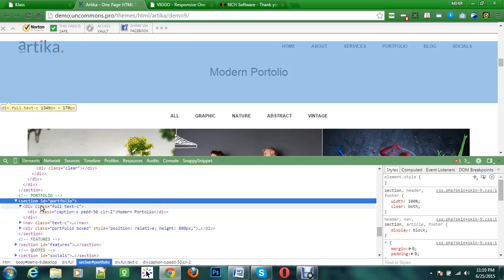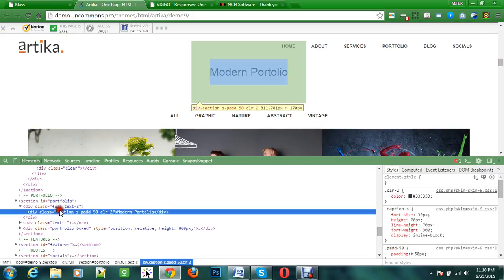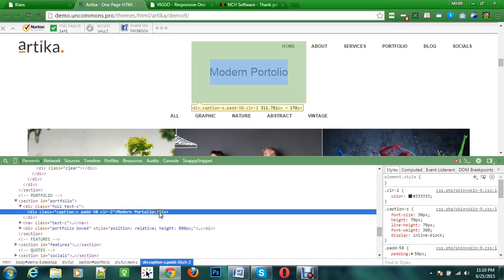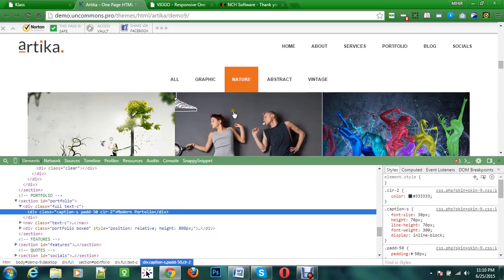Okay, and that is used, also there is one div, and there is some class caption as pad 50, and that's why they are user defined classes, that's why there is some design in CSS. You can see caps S, font size 30 pixel, height 70 pixel, line height 70 pixel, font weight 300, display inline block. Okay,